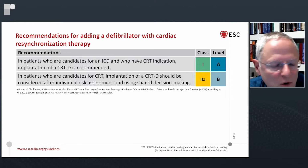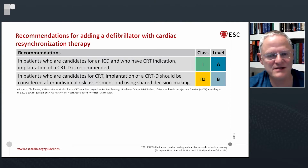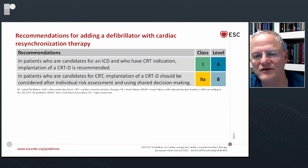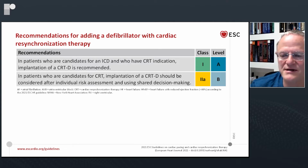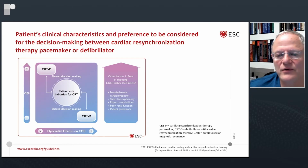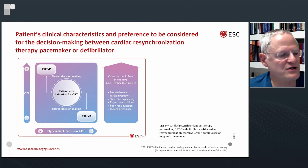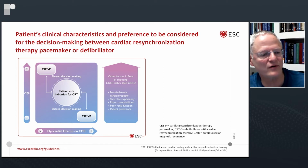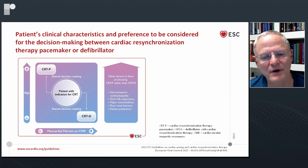Regarding the issue of combining it, whether a CRTP or CRTD, we actually listed the arguments. So we thought that if a patient is a candidate for ICD and also has a CRT indication, he should receive a CRTD. And in a patient who is a candidate for CRT, consideration should be taken whether a CRTD should be implanted or just a CRTP. And we provided the readers with this scheme rather than specific recommendation. We listed the arguments in favor of CRTP versus CRTD in a CRT candidate. Do we have to implant a pacemaker or an